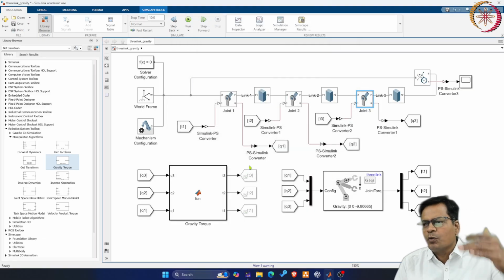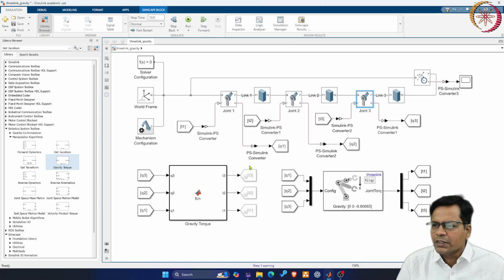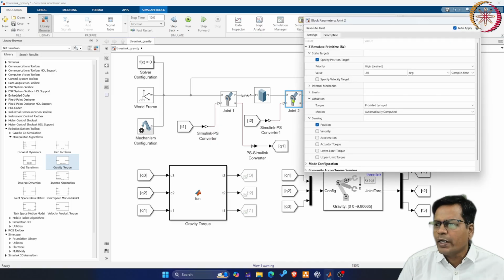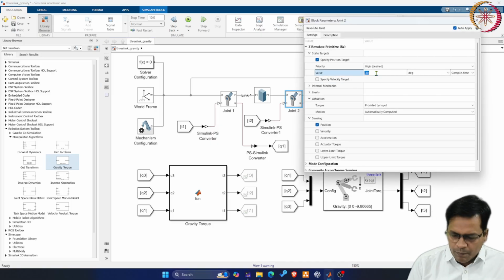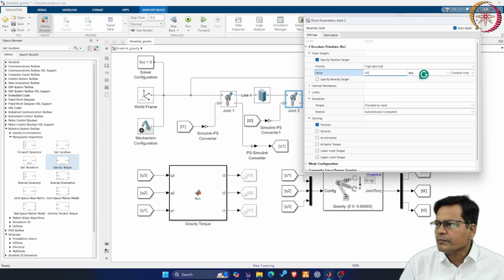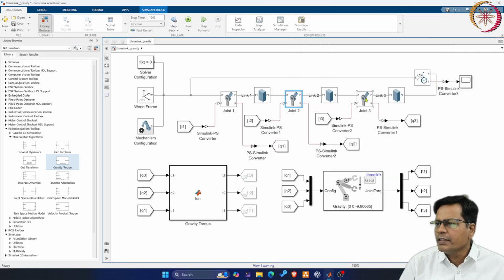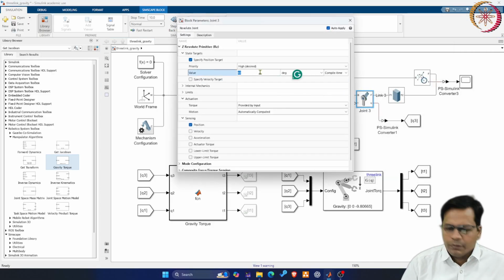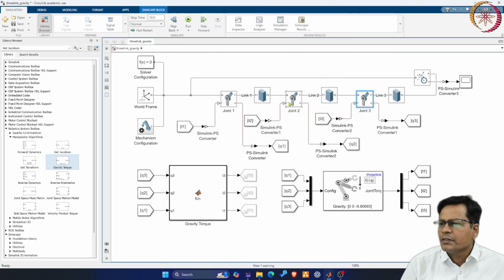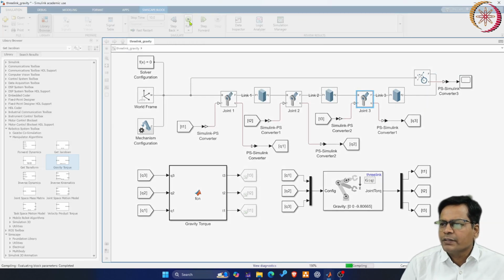That makes the initial configuration of the robot, and it is not getting changed, you see. If I change joint 2 to minus 45, and here I make it plus 90, then I will run it again.